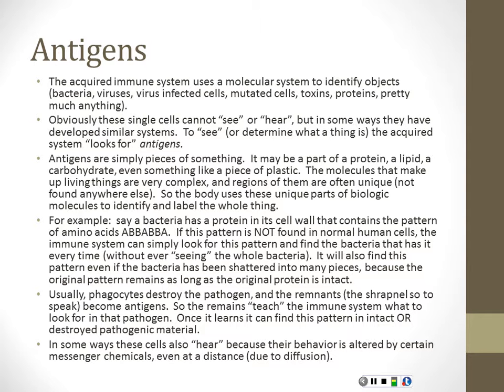So the antigen system is kind of like vision for these lymphocytes that make up the acquired immune system. It allows them to feel a piece, because it's really more of a touch system, but they feel a piece of a bacteria and then know that that bacteria is something to be destroyed and not, for example, a normal epithelial cell. Okay,